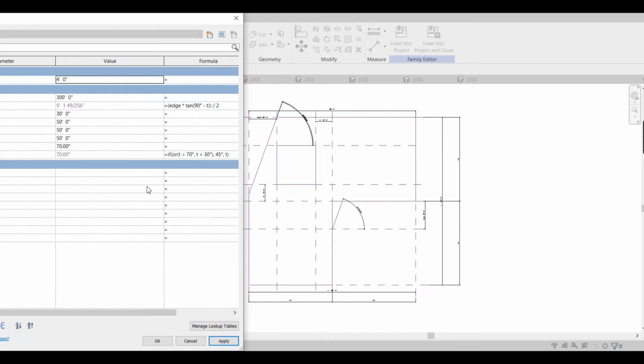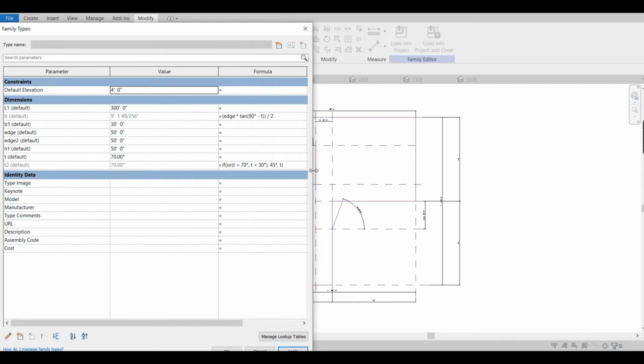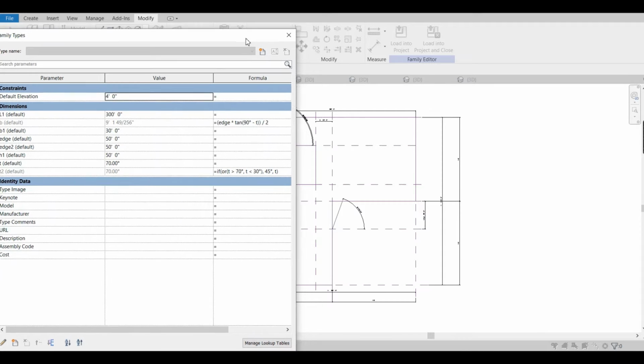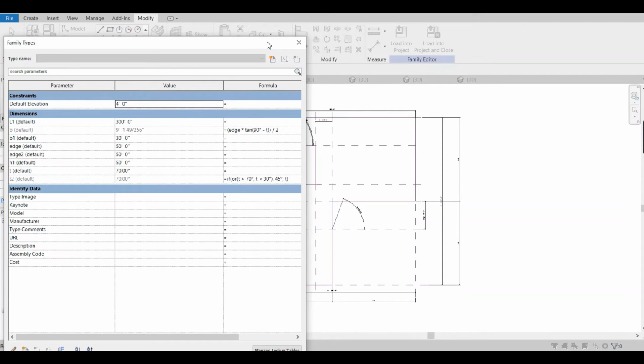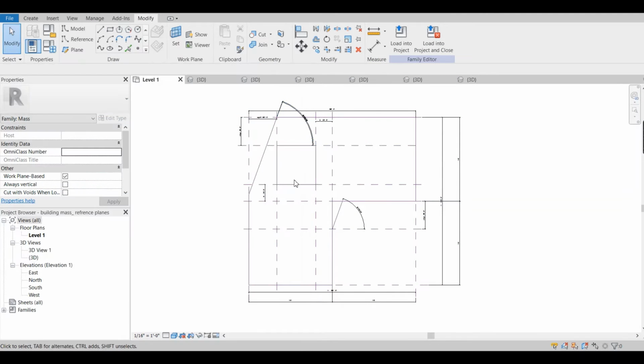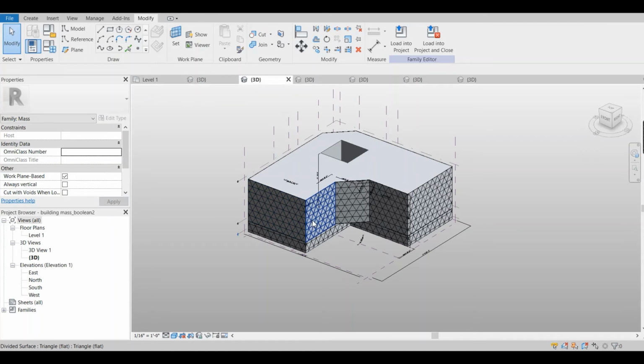This if statement that you see here is done because by experiment I saw that in some specific angles, where the angle is too small or too big, the model broke. So I made this statement in order to not make the model break. And other parameters can also change, like the height of the reference plane and also these edges, for example. So after that, the model is extruded, and